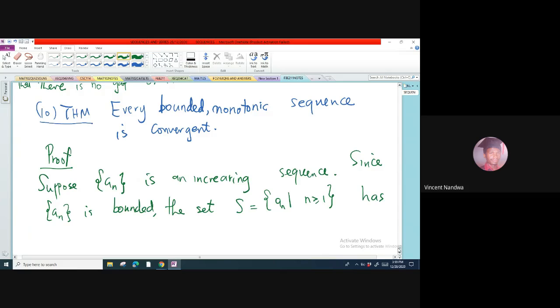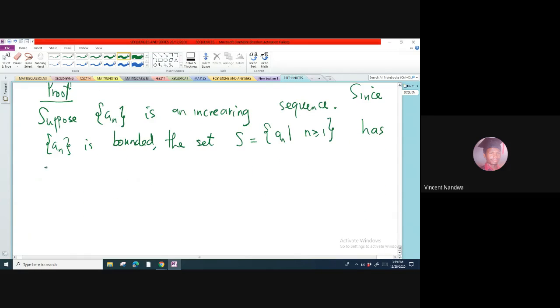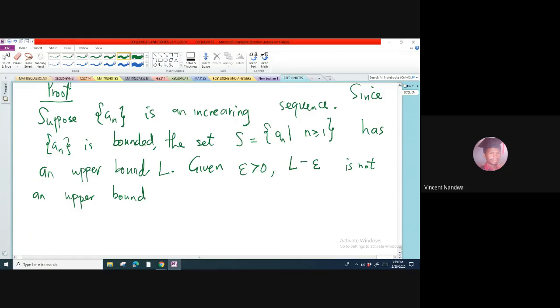That's from the definition. Call the upper bound L. So given an epsilon greater than 0, L minus epsilon is not an upper bound for S,